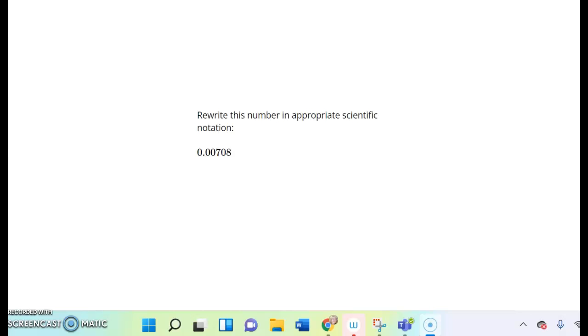Okay, we need to rewrite this number in appropriate scientific notation. Now, just a reminder, when you're writing in scientific notation, you need to write in the form a times 10 to the b. Now, a is a number between 1 and 10, so it's got to be